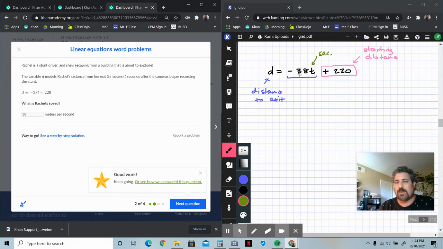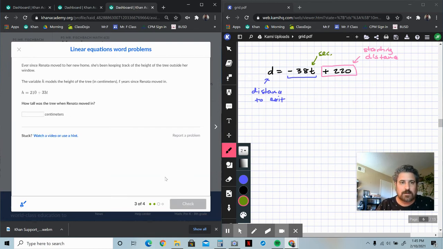And you might be thinking, why is it not negative 38? Like I said, it's because distance is always positive, right? So she's moving at 38 meters per second towards the exit. Her distance to the exit is being reduced, right? That's why it's a negative 38 multiplier, but she's still moving at 38 meters per second. All right. The next problem says: